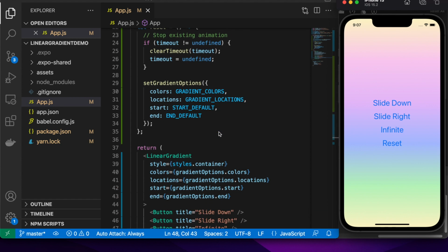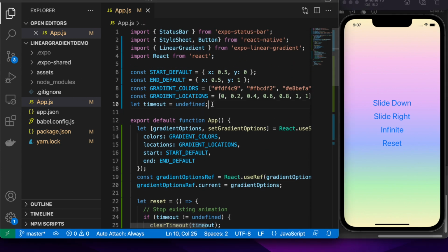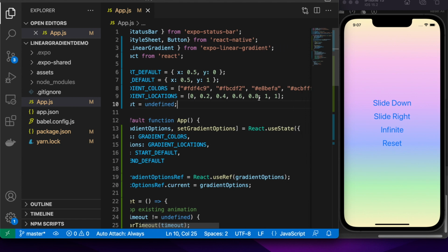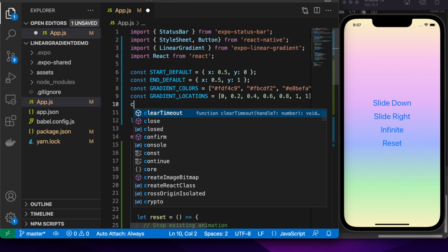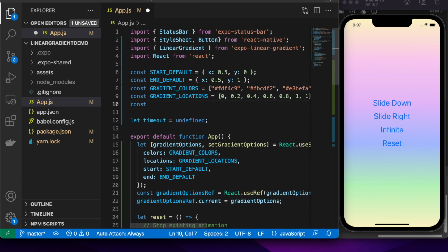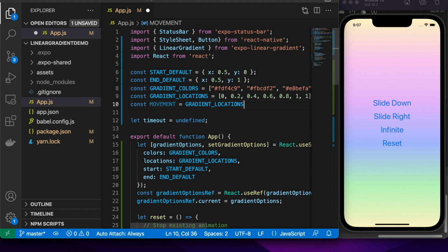So the next thing I'm going to want to do is to add my infinite rainbow animation. That's pretty cool. I'm basically going to shift the colors and slowly change the locations. To do that, I'm going to need some additional things. I'm going to need how much I want to move by, and you can adjust this to your needs to get smoother or more jumpy